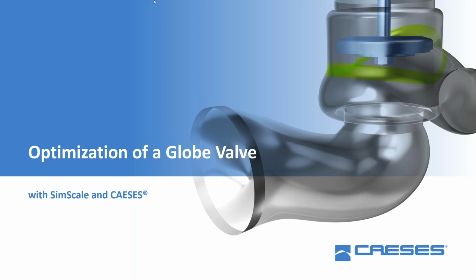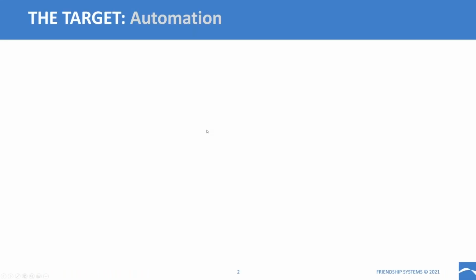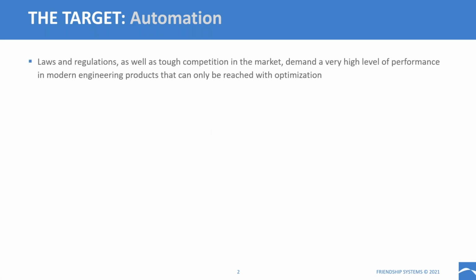But before we get to that, let me start with some motivation on our side here at Friendship Systems. So the target of what we're doing is automation of the design process specifically, and automation of the simulation process. And as we know, or many of us probably know, competition in the market, laws and regulations, customer requirements are driving the demand for high level of performance of engineering products. And a very good way to reach that, or maybe the only possible way to reach that, is by using